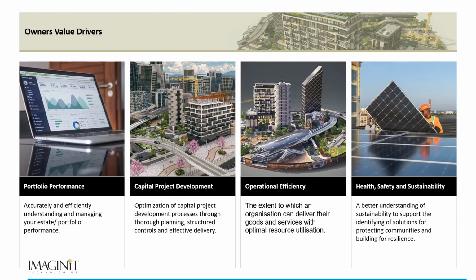So if I'm to boil all this down to why you should consider adopting simulation, collaboration, and coordination workflows, it really supports the value drivers that you see up on the screen here. So what we would be looking at doing is ensuring that your project is going to support your company's goals. The other thing it would do is drive efficiency and accuracy by evaluating a capital project early on and throughout